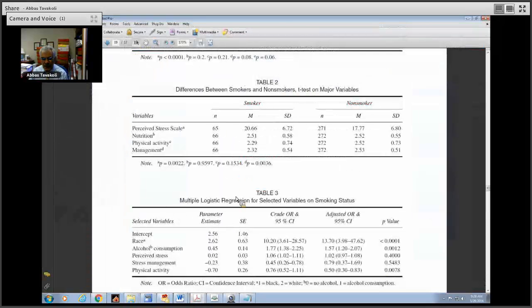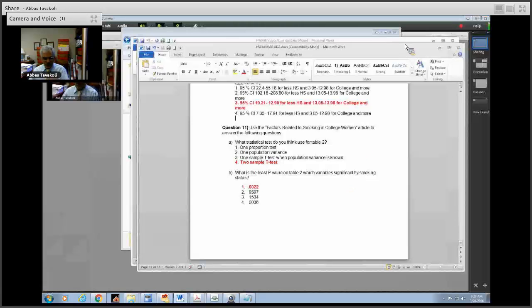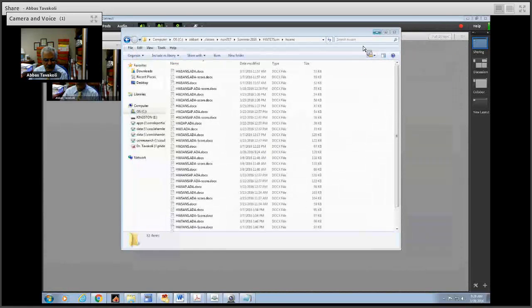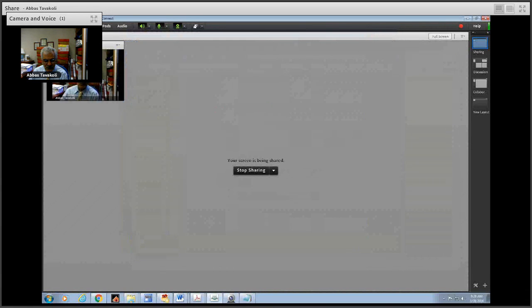And the question on factors related to smoking in college. So in table 2, what kind of test? There was a two-sample t-test. The least p-value was 0.002. So this is the least p-value. So out of these 4 p-values, if you look at that's the